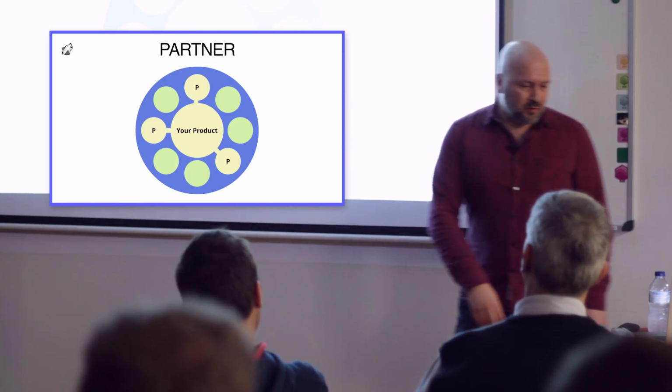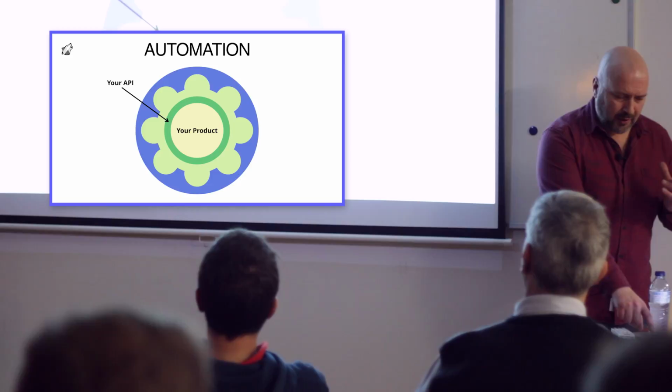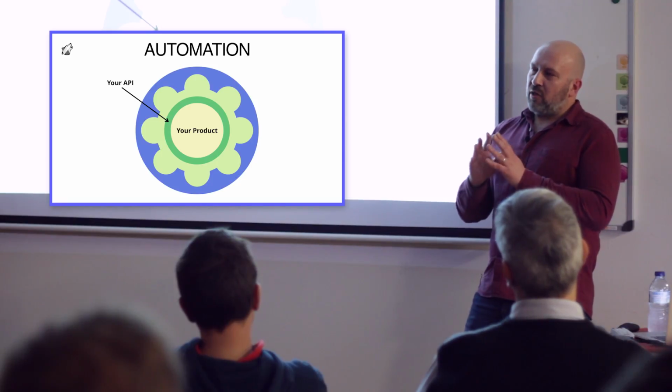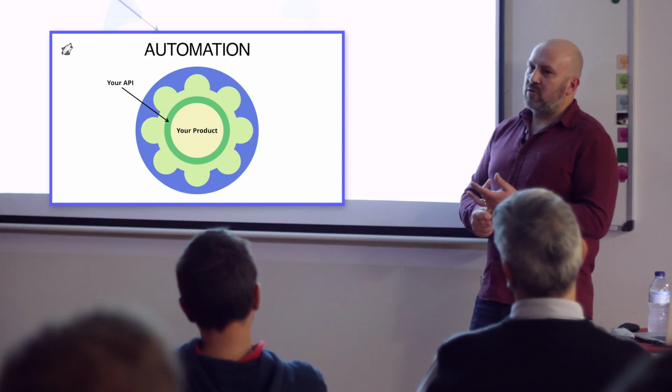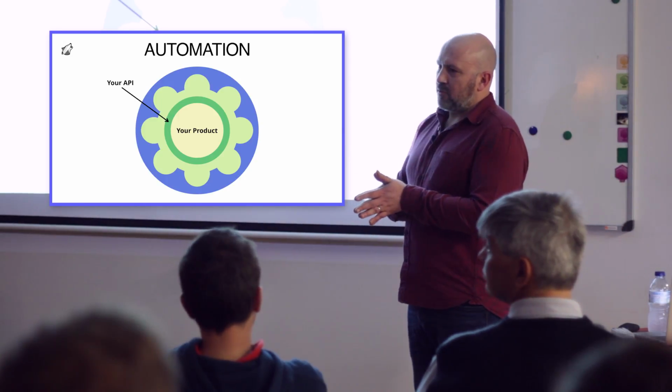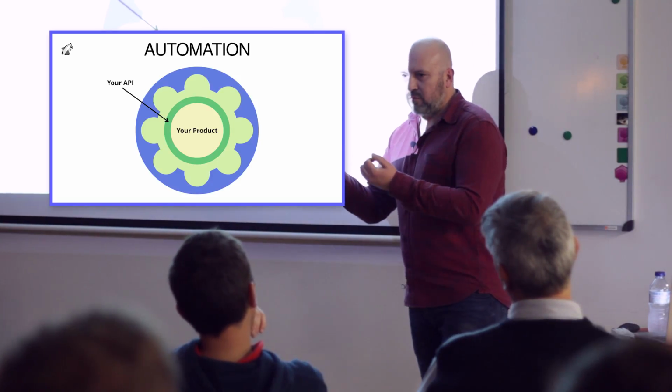So if we start from this point and we think about software now, you can create something which is the API. I'm trying to go non-technical on this presentation. You can create something which is the API, which will act as a layer between your product, so the core product, and everything else that's sitting in the outside. And that layer will kind of replace those partnership agreements, everything else that needs to take place when you're trying to put your product together with another product, right?